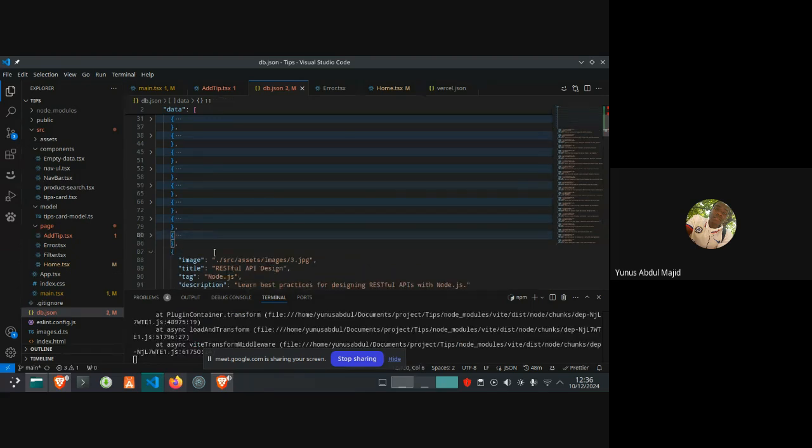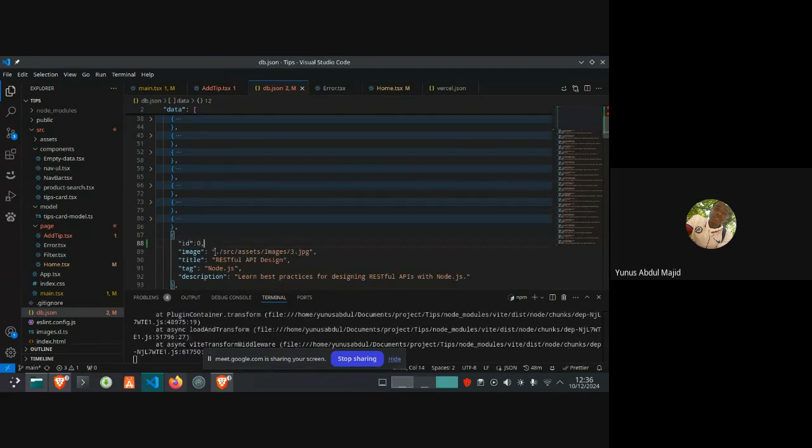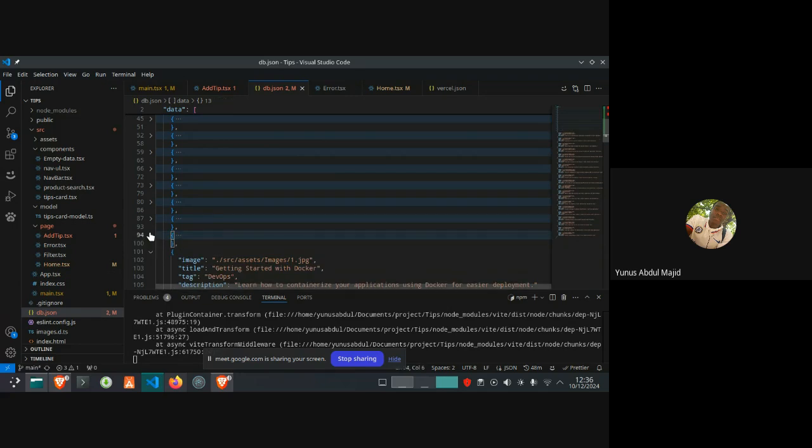So basically, why I'm doing this is that there is no ID set for all of them, no ID to indicate that they are unique. Because if I try to use the image, the title, or the tag, there might be conflict, in the sense that a lot of them have the same tag, the same name, and the same description.